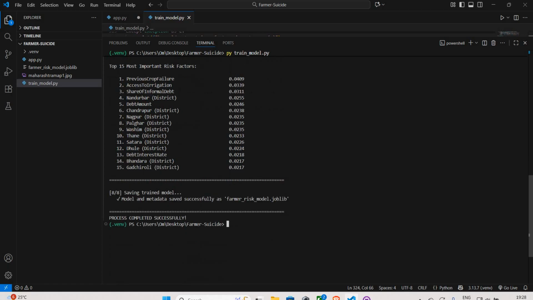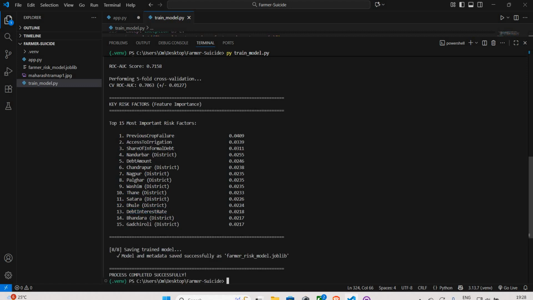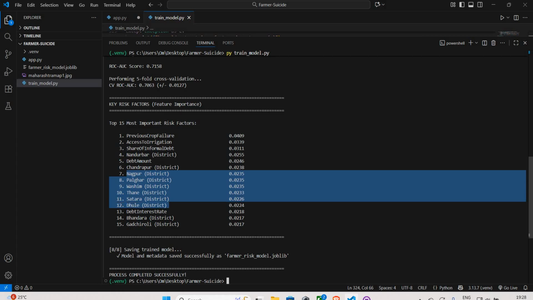Okay, so this is our risk factors, where I told you it will show whether our model is dumb or not. Here you can see our previous crop failure has more value, and the districts. Based on district, this has less value, and the interest rate has less value. And you can see these have more value because in previous years